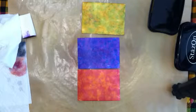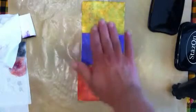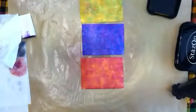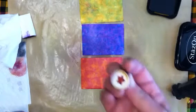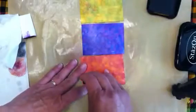Hello everyone. I am back to do some stamping on my ATC backgrounds that I did earlier. I'm just going to use some different colors of Stays On ink because I know that will work on my paper. And I'm just using a little homemade stamp that I have. I'm just going to use some yellow, which is going to kind of